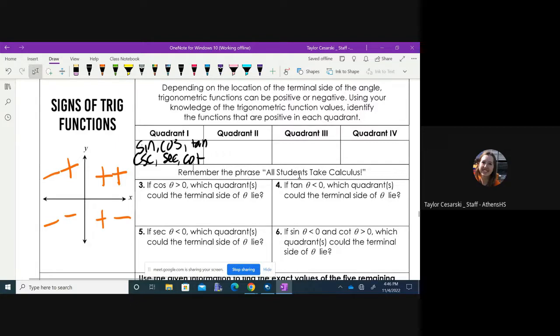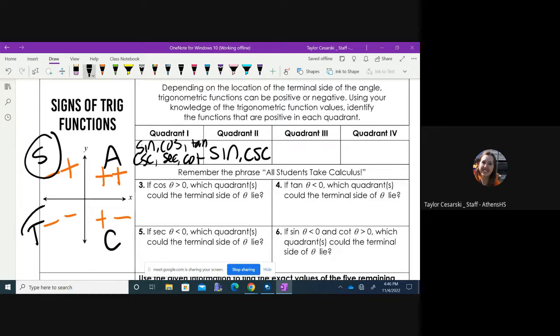They use the phrase all students take calculus to remember what's positive. So in quadrant 1, everything's positive. In quadrant 2, sine will be positive, and its reciprocal, which is cosecant, because the sine is the y value, and that's positive there. In quadrant 3, tangent and cotangent are positive, okay? Because if you think about, in that case, two negatives, you're dividing them. Negative divided by negative is a positive. And then in quadrant 4, cosine, because that's the x, and the x you're moving right, is still positive,